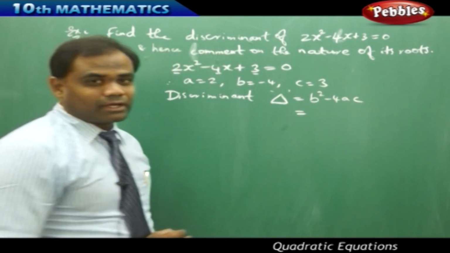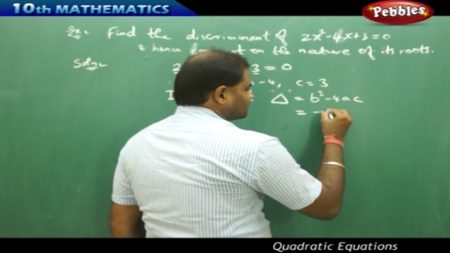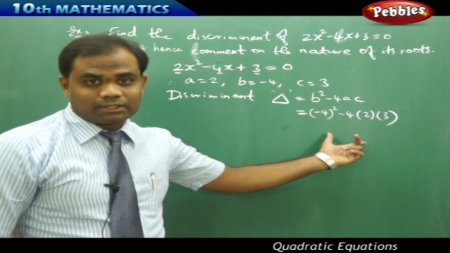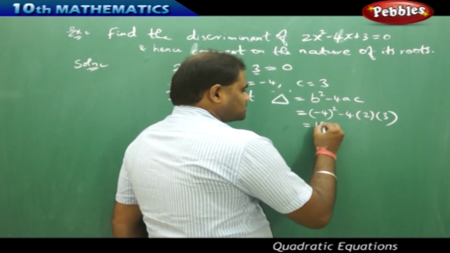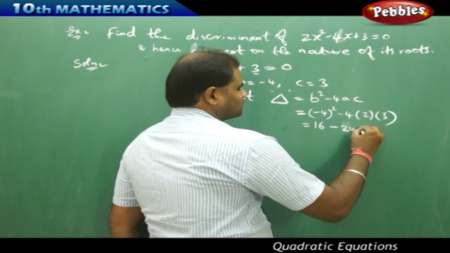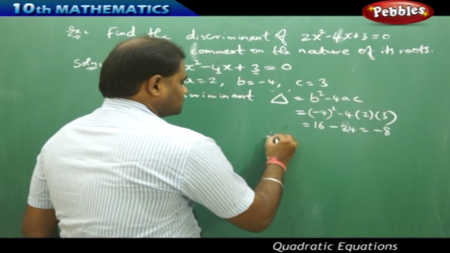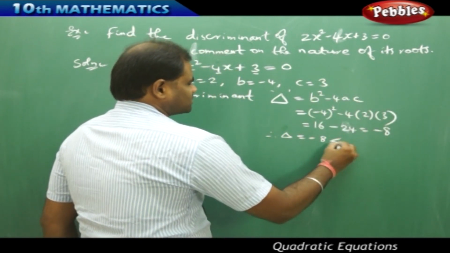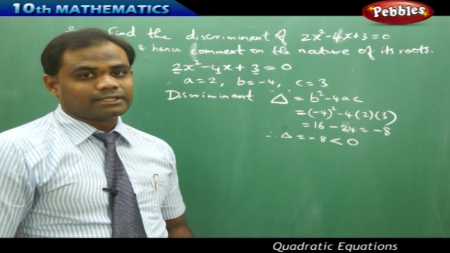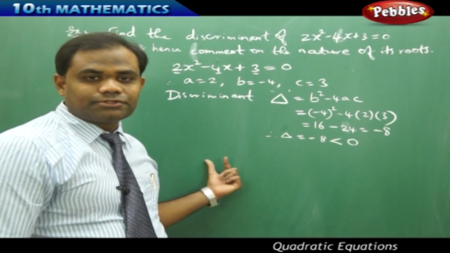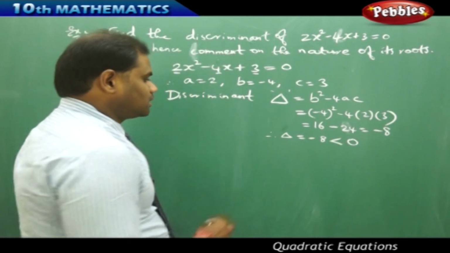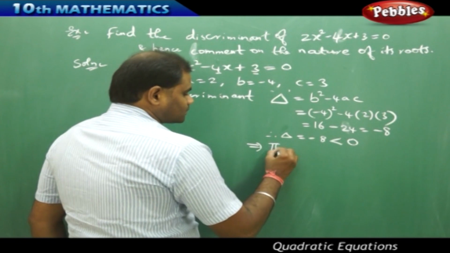Now when I substitute the values of a, b, c into b squared minus 4ac, further simplification gives me 16 minus 4 times 2 times 3, which is 24, which is minus 8. Therefore delta is minus 8, which is less than 0. Since delta is less than 0, it is case 3: delta greater than 0, delta equal to 0, and delta less than 0. For case 3, we have seen that delta less than 0 implies the roots are